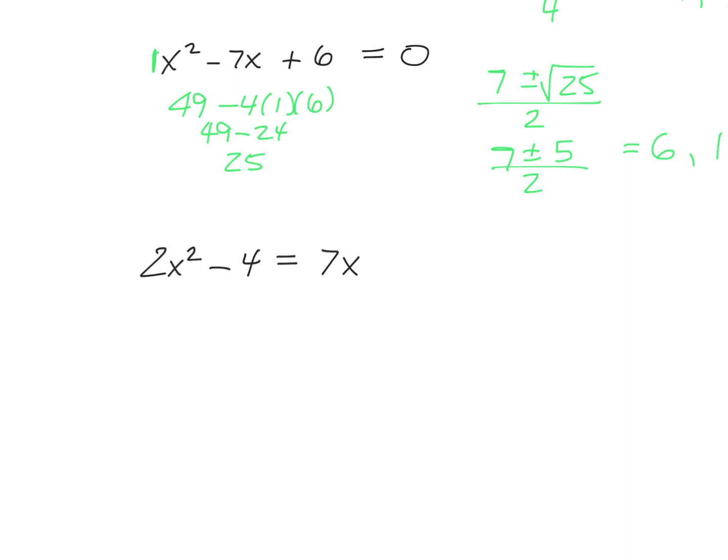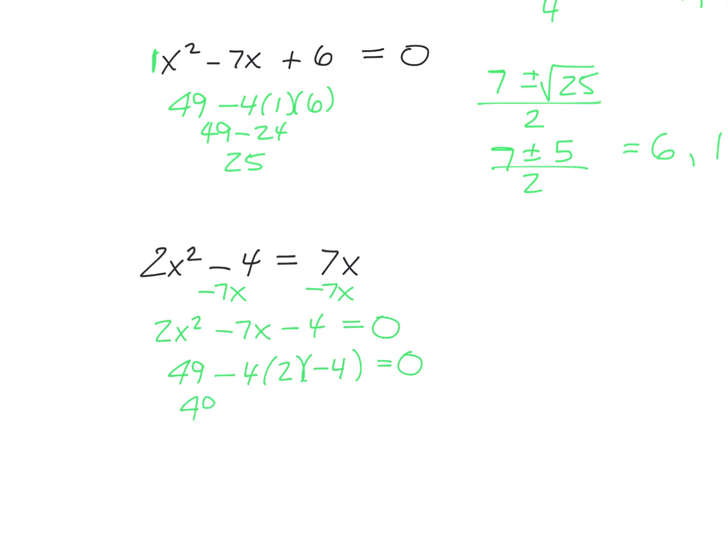This next one you can see does not equal 0, so I need to get it to equal 0. I'm going to subtract 7x. I'm going to write it in that form. And then I'm going to find my discriminant. So I'm going to have b squared, which would be 49, minus 4 times the a times the c